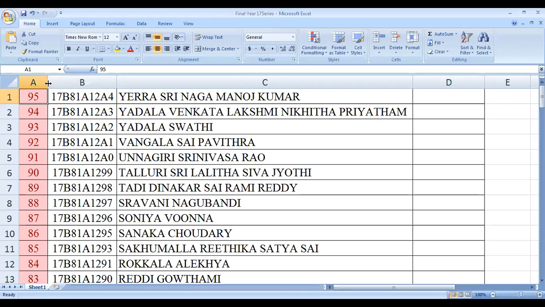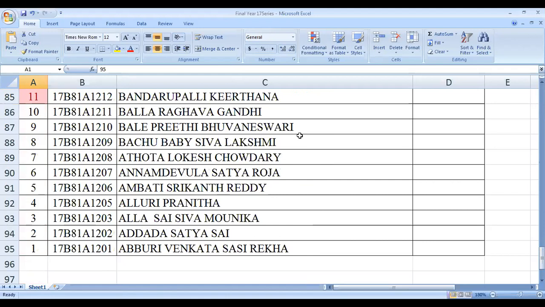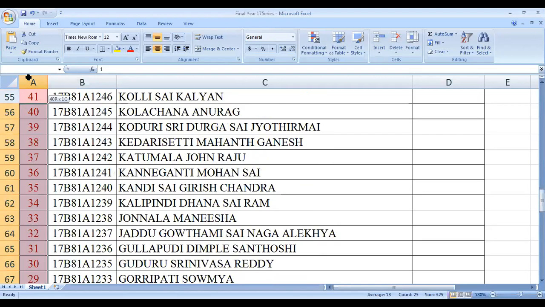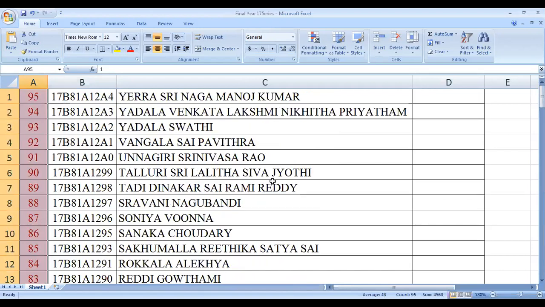For example, what is the total sum of the serial numbers, 1 to 95? Can anyone say what is the sum of 1 to 95? Simply we can select this. See, we have a formula, and it is also shown in the status bar below: the sum is 4540, the total count is 95, and then the average. So this is one type of analytics.